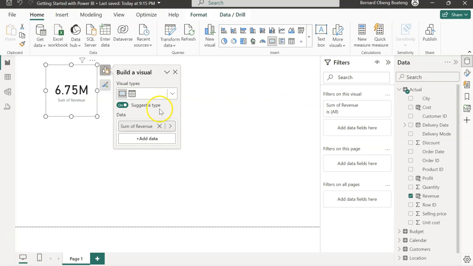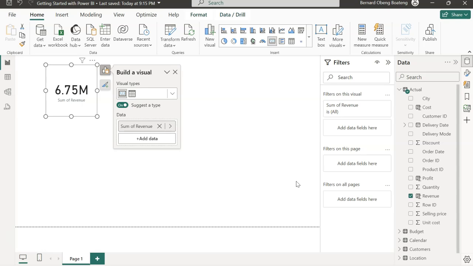So in your case, if you drag yours and it didn't come in a card form, you just have to select the card visual. While selecting your visual, it will change to the card. The reason we have this 6.75 is that it sees some numbers in this column. When you drag it, there's a default behavior where it aggregates the numbers in there. We didn't create any formula for this, but it's created a measure using just a profile of the column. Now, this kind of measure, we call an implicit measure,